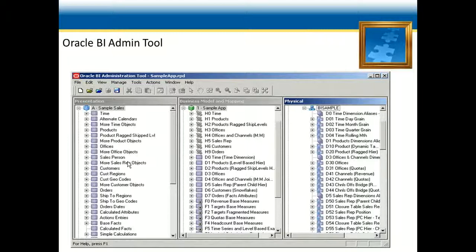Likewise, you can have the label. Suppose you can take an example like here, you are seeing time, alternate calendars. You can have alternate calendars first, time afterwards. So likewise, the user presentation is done in the presentation layer.